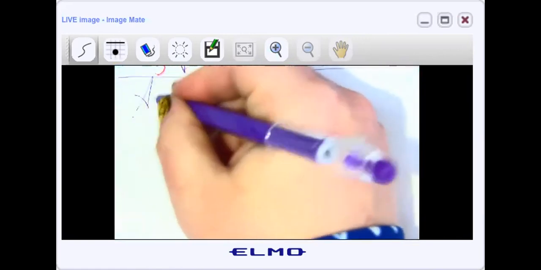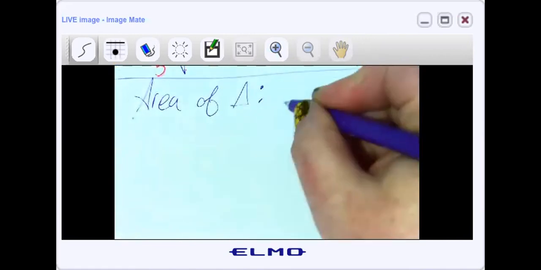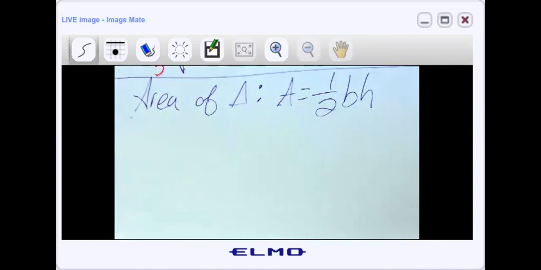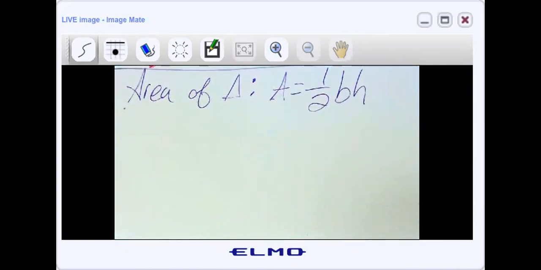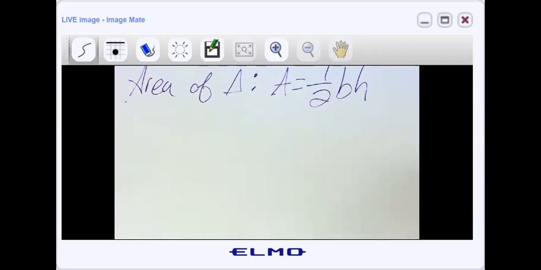So area of a triangle. Here it is. A equals 1/2 base times height. That's all it is. 1/2 base times height. And let me show you why. Did you know that any triangle that you can create, if you just take two of them,